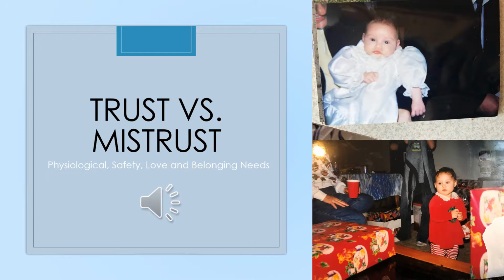I had a rough bout during this stage because my mom and dad were going through a divorce, so I had this fear that nothing was stable since my dad was coming and going. So I would say that I was in the mistrust stage because my parents failed at developing the trust portion of the